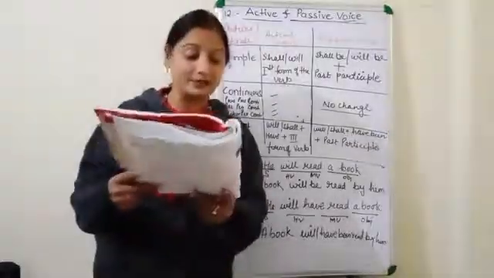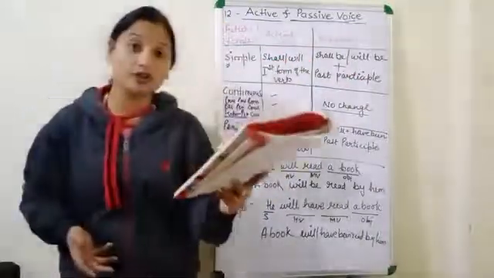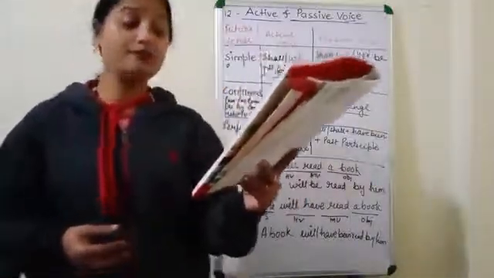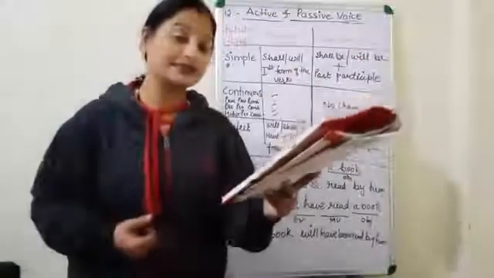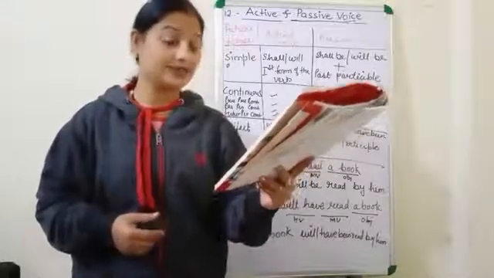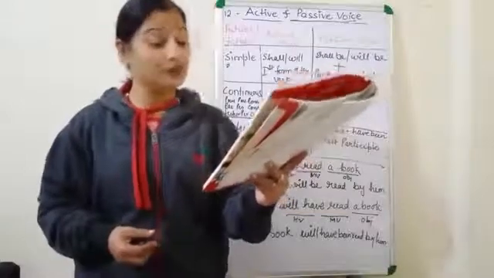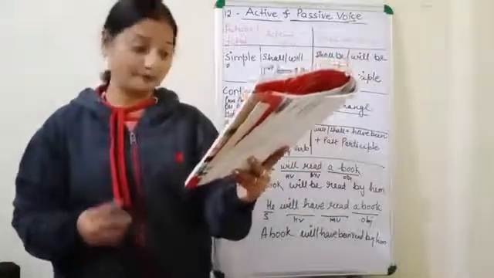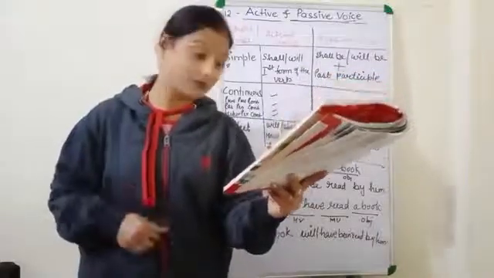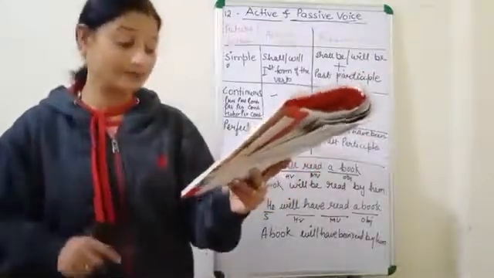see some more examples. Number 1 is modal auxiliaries. We have a few modal auxiliaries: can, could, may, might, should, would, must, ought to. And see their examples. May God bless you with good health. Now this is the active sentence. Change it into the passive: May you be blessed with good health. Second is, we should obey traffic rules. The sentence will be, the traffic rules should be obeyed by us.